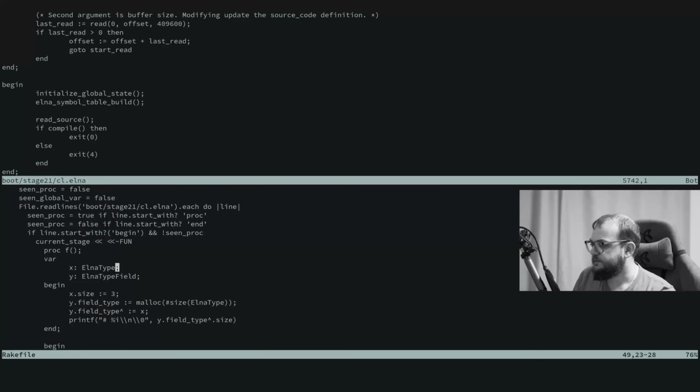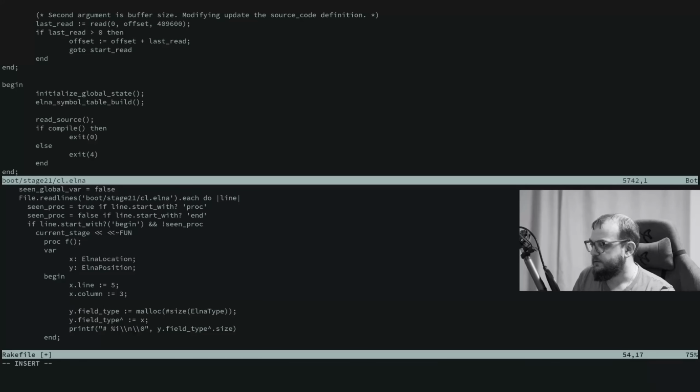So this is the rake file that generates the next stage by copying the previous one and adding some test code. And here we make it the Elna location, and this one Elna position. And then I assign the Elna location line and column to different values. And after that, I want to,